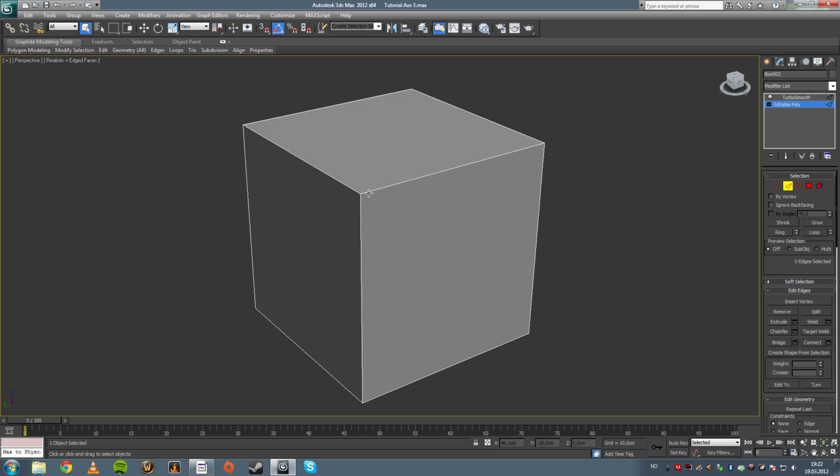There's never a completely sharp edge in this world. It doesn't exist. Not even on a knife. Even though that's so minuscule you can't even see it. So what we're going to do here is we're going to click on ring. We're going to select one edge and click on ring to select all the edges around. And we're going to click connect. We're going to connect 2 edges, not the slide. Pinch them out